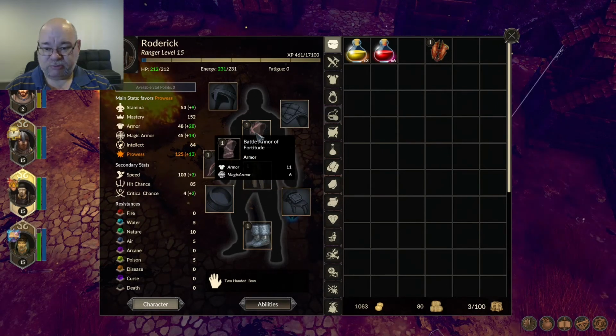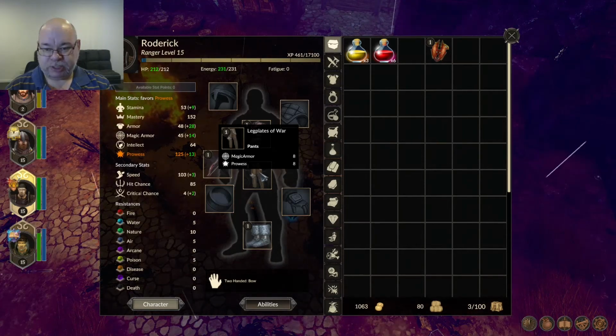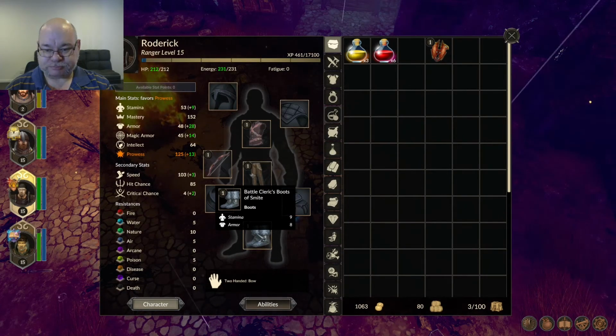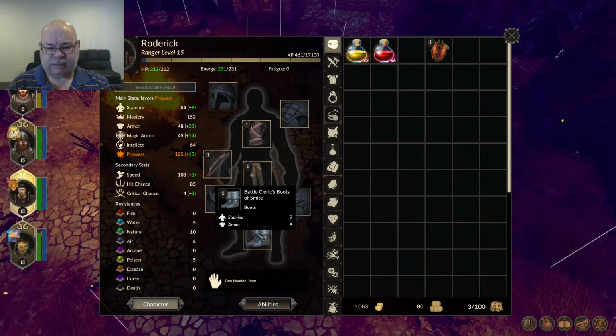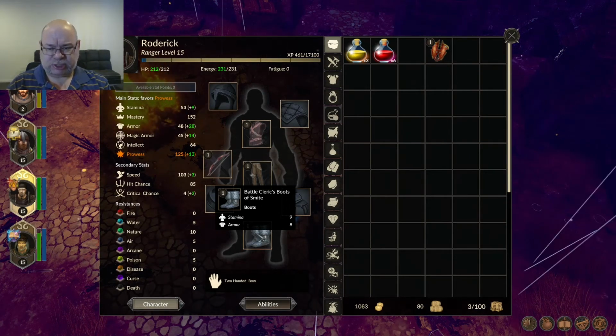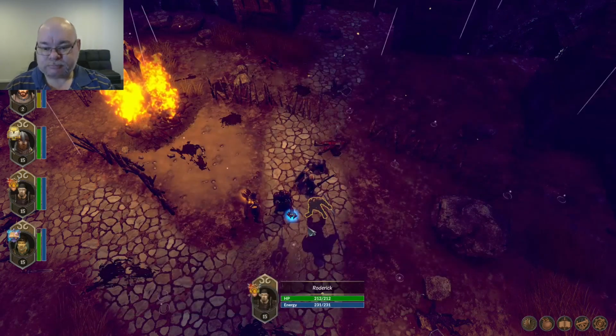What did you have? Battle Armor of Fortitude. That's got pretty good magic armor. Leg Plates of War. And Battle Cleric's Boot of Smite. I mean, sorry? Shouldn't the cleric be wearing that? Anywho,